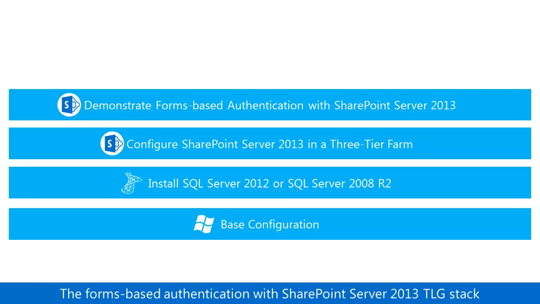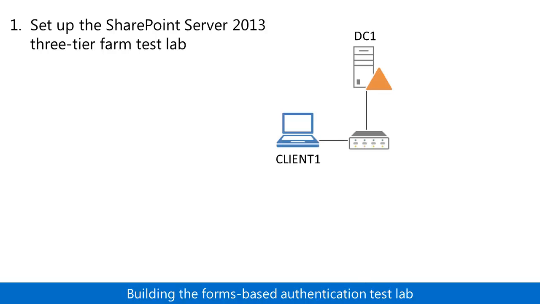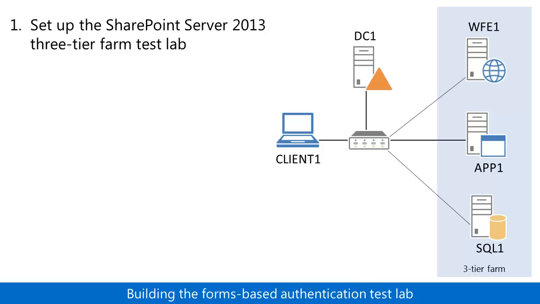Now let's build it out. In step 1, you configure the SharePoint Server 2013 three-tier farm test lab. This lab consists of DC1, the Active Directory Domain Services, or ADDS, domain controller, Client 1, a web client computer, and the computers of the three-tier farm: SQL1, the database server, App1, the application server, and